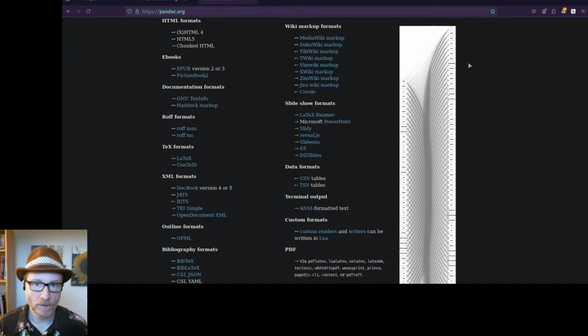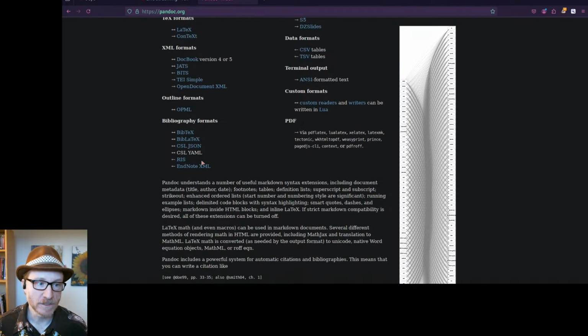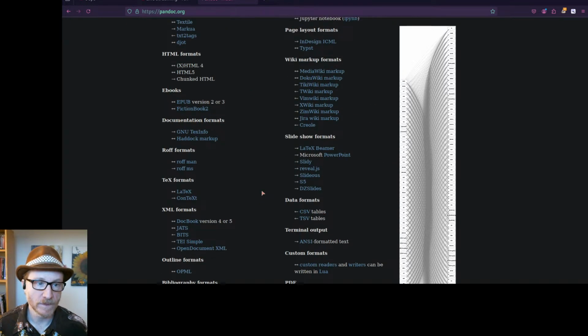I'm not going to zoom into this. It's a super powerful open source document conversion program, and this has more function than a Swiss Army knife. It's just got a ton, and this is just a surface level of all of the